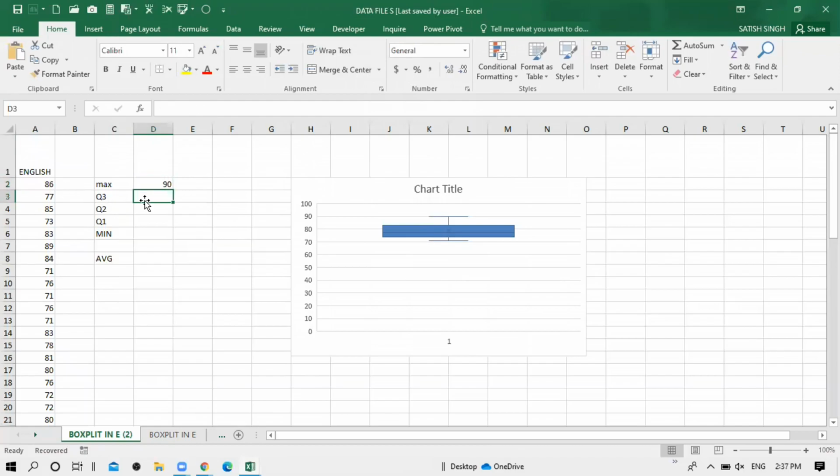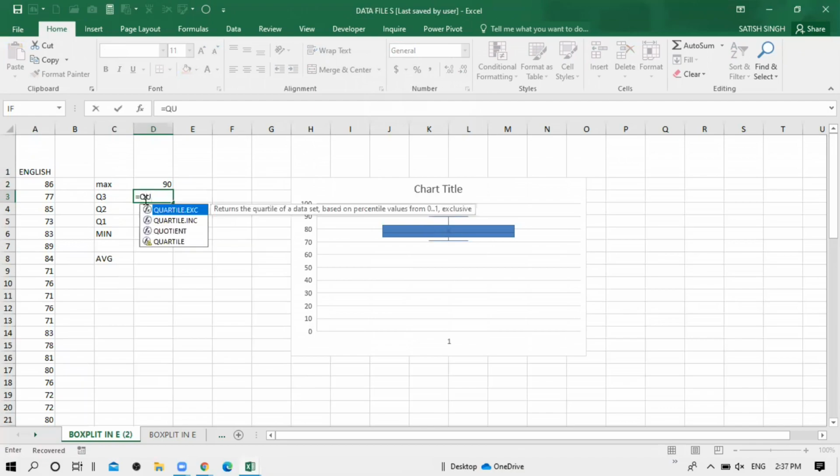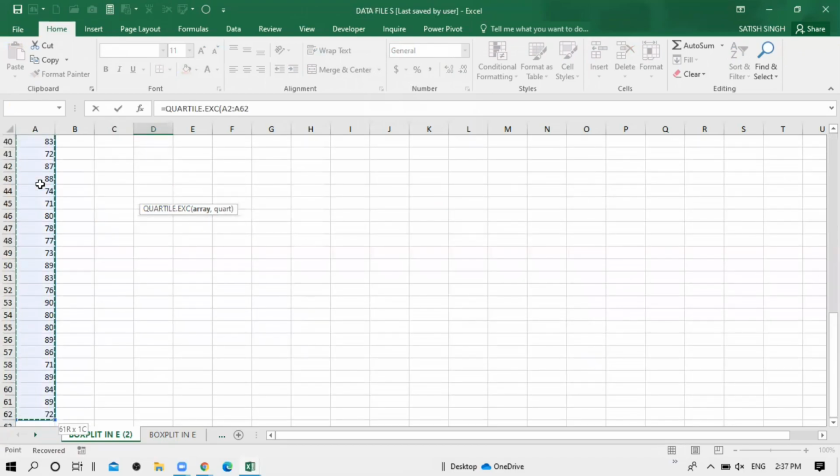Then go to quartile, and to calculate the quartile, the simple formula is QUARTILE, and here it is. Then it will ask for the array. This is the data set, the array from where we have to take the numbers, then a comma, and it will ask what you want to calculate. If you want to calculate the first quartile, you have to write 1.